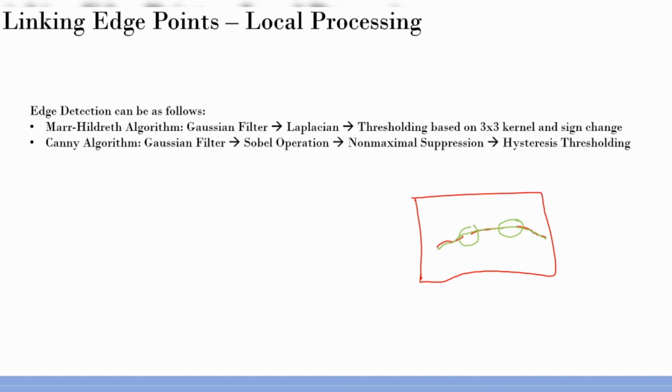So that's your objective. You want to link those edges, and that forms the first part of this week's lecture. You take the output of any edge detection algorithm, and you obviously know that the output will be a black and white image, right? The white part is the edges, all the possible edges, and the black is non-edges. You take that image and try to link these edges together to come up with a continuous edge, and that is why the name edge linking.